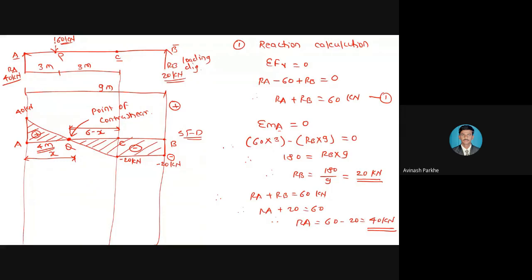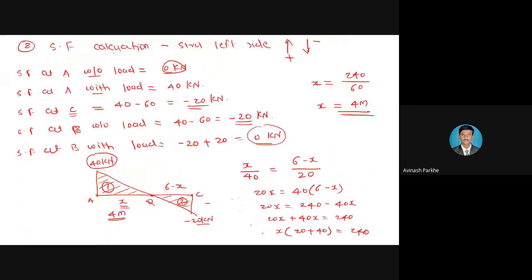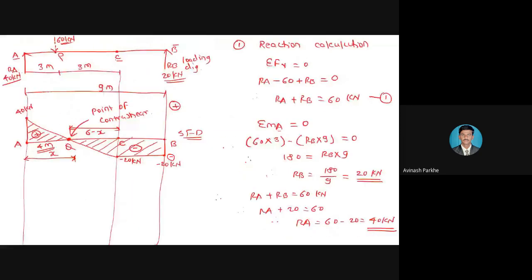Directly after point A you have to take the point C only. So bending moment at point C, how many forces are present to the left side? At point C, 2 forces are present, which are 40 kilonewton force and another 60 kilonewton force. So this 40 kilonewton force rotates in the clockwise direction about the point C.